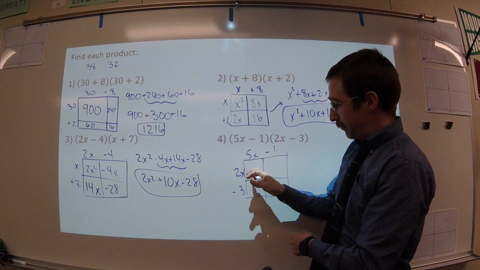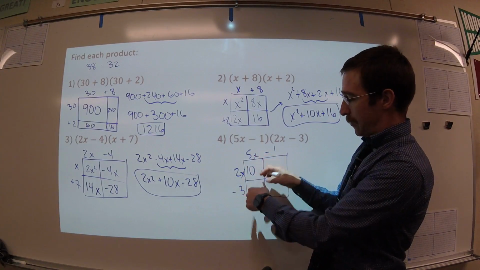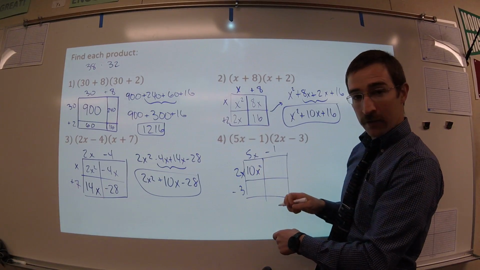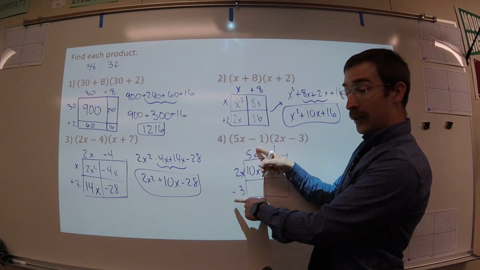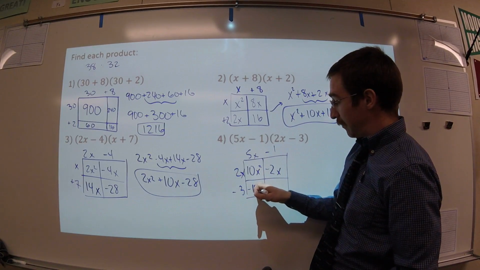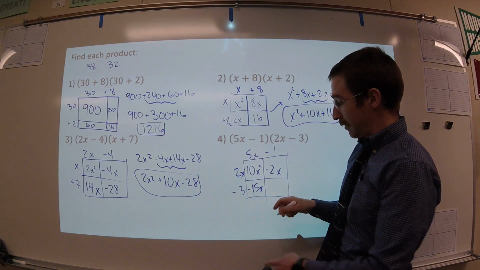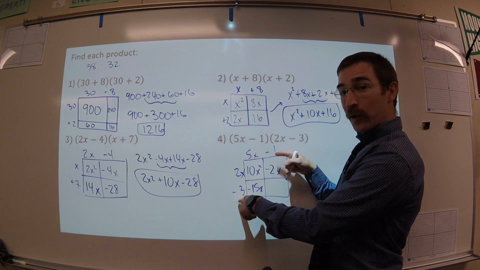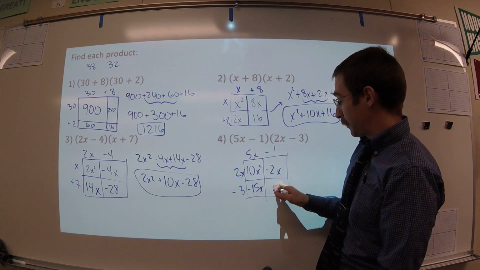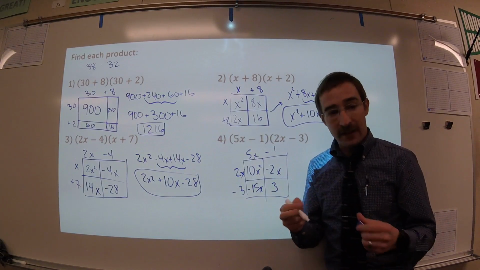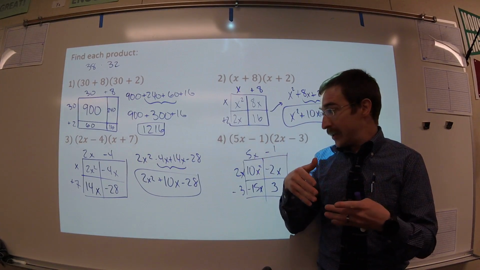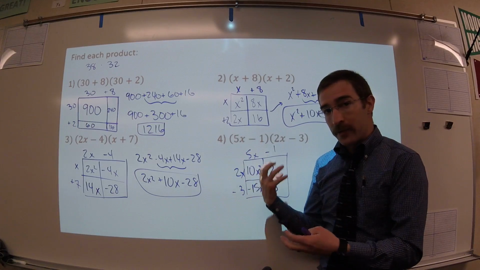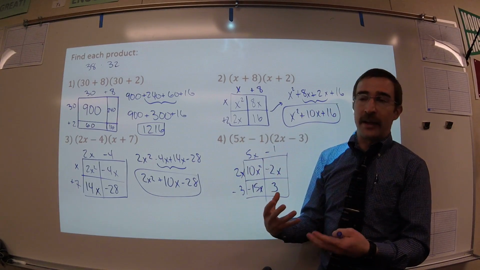5 times 2, that's 10. x times x, that's x squared. Negative 1 times 2x is negative 2x. 5 times negative 3 is negative 15. Bring down the x. A negative 1 and a negative 3 when we multiply is a positive 3. And one of the most common Algebra 1 mistakes that I've seen is when we're doing these diagrams, when we're multiplying, sometimes kids forget that we are multiplying